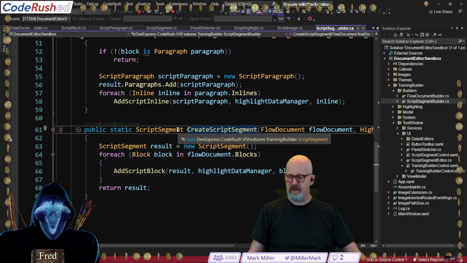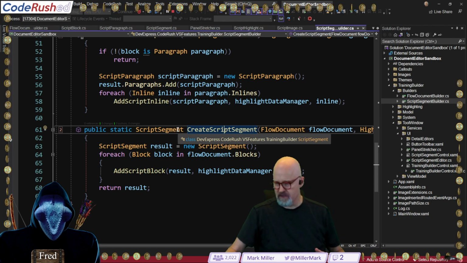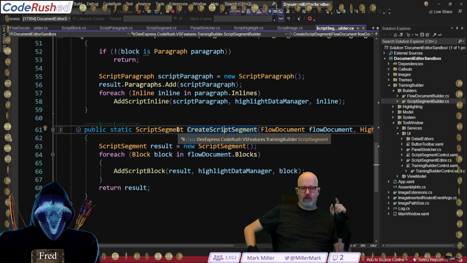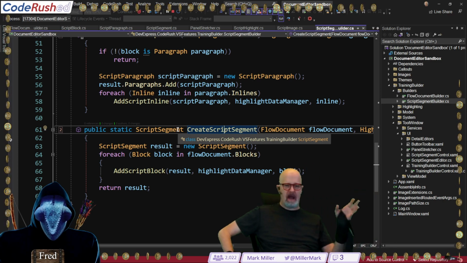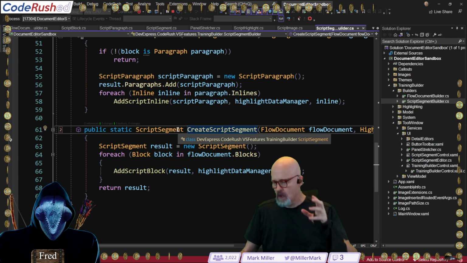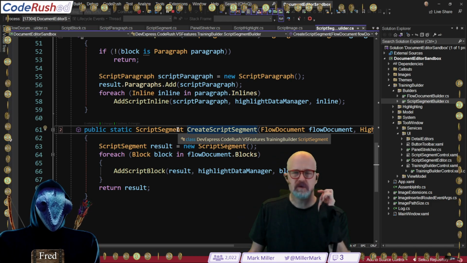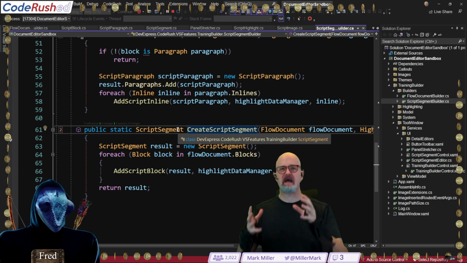The bigger picture of this whole thing, so I just kind of jumped in the middle, is we're building an interactive training editor for Visual Studio. We're basically in sandbox spike mode, but the goal is to see if we can make it easy to create high-quality, interactive training inside Visual Studio.